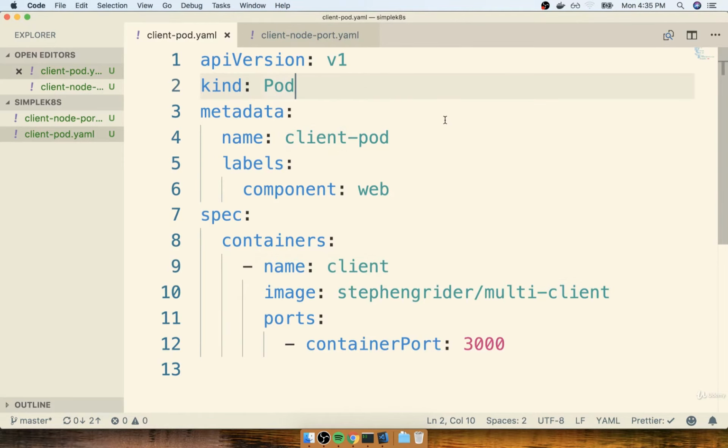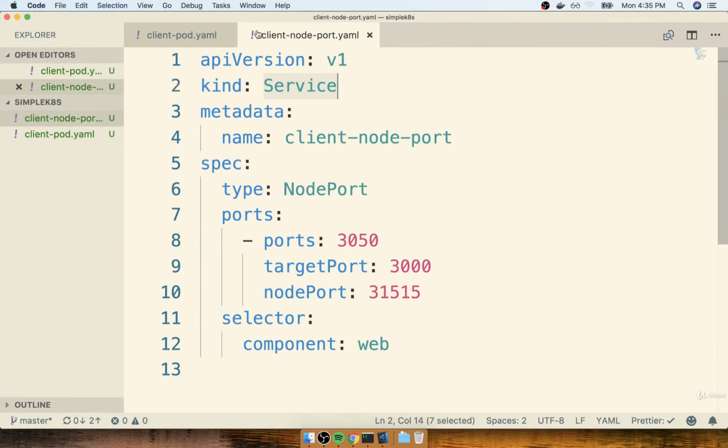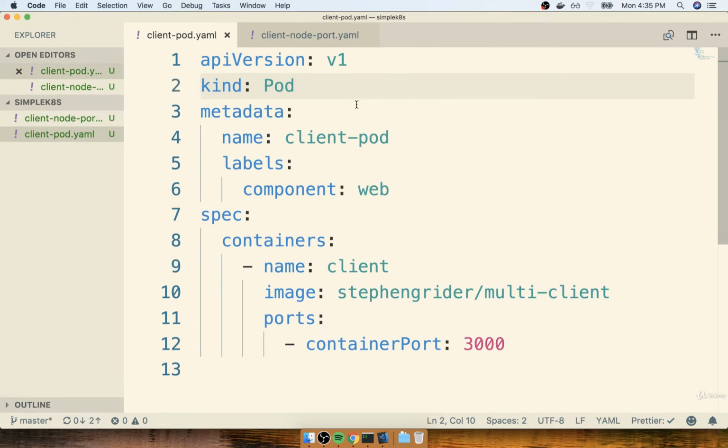In the last section, we put together a ton of configuration inside of two different files. In this section, we're going to start to pull these two files apart line by line. We're going to first focus on the first two lines in each file, so specifically API version v1 and kind